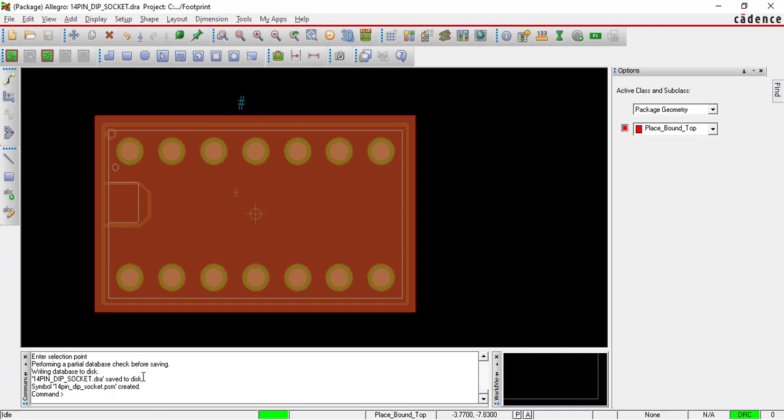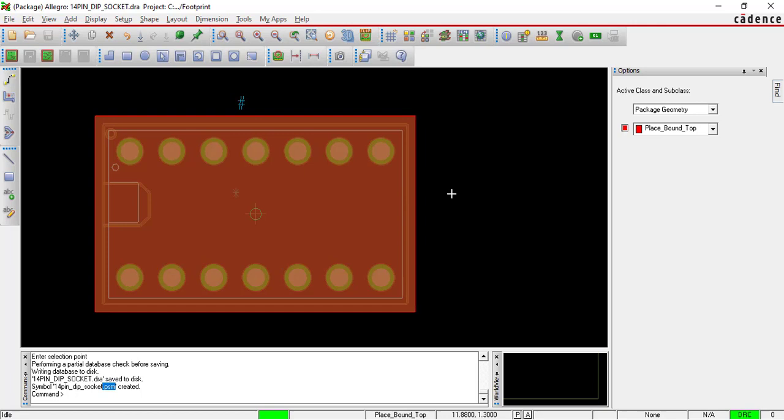Now see here, we have to observe these two. Just come to command window, see this 14 pin DIP socket .dra saved to the disk. Yeah, okay, that is fine. See, symbol 14_pin_DIP_socket .psm created. If your PSM is not creating after saving, means something is wrong in that.